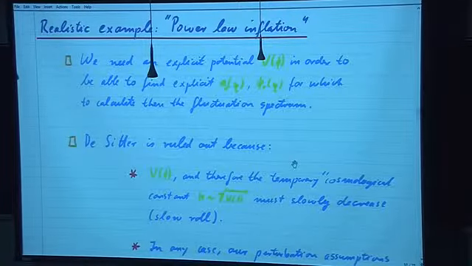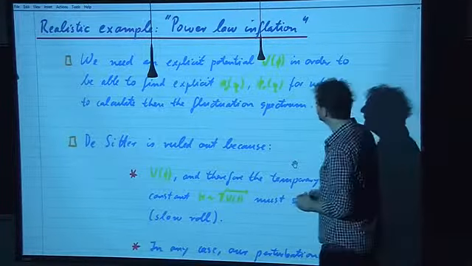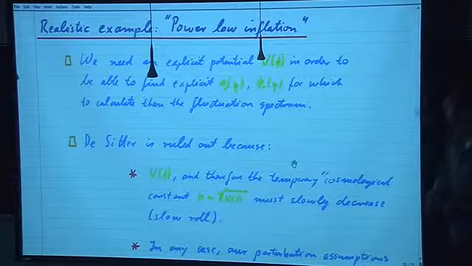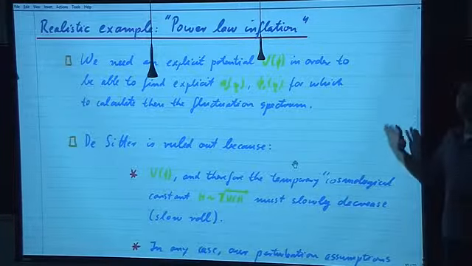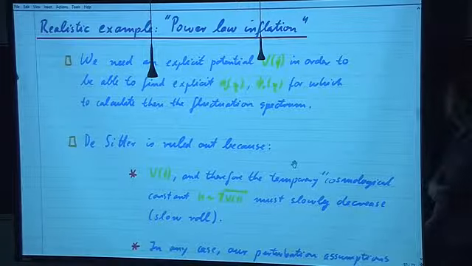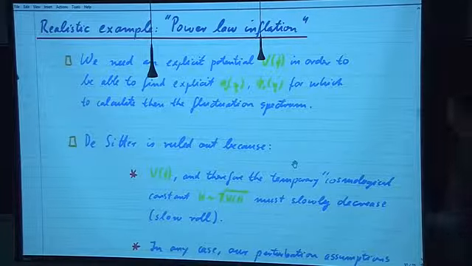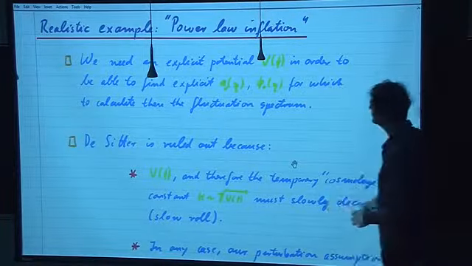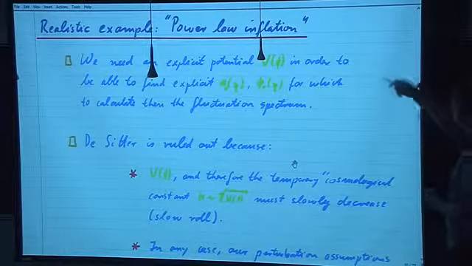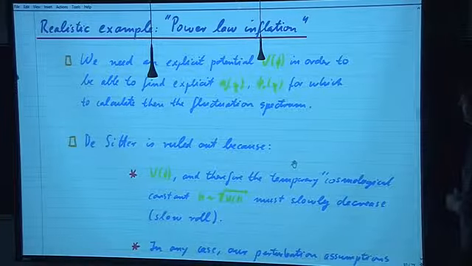Okay, so power law inflation, what's the idea there? The idea is that the universe didn't expand exponentially, but just with a very high power instead. We need an explicit potential that does it, an explicit inflaton potential that would do this very thing,